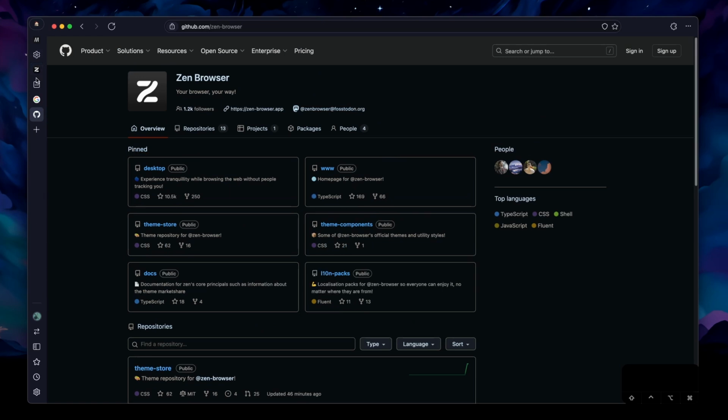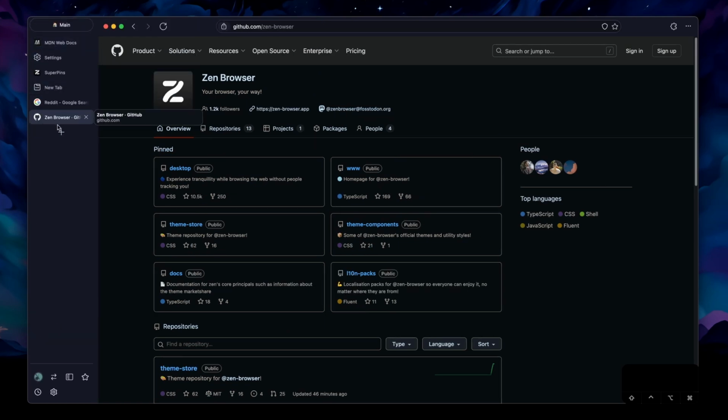But also, if you think this is a little bit too small, you can click this button to increase the size and it will look exactly like this. And I actually prefer it this way. You can move tabs by dragging them around like this. And then you can also hide the whole tab bar by pressing Command S,